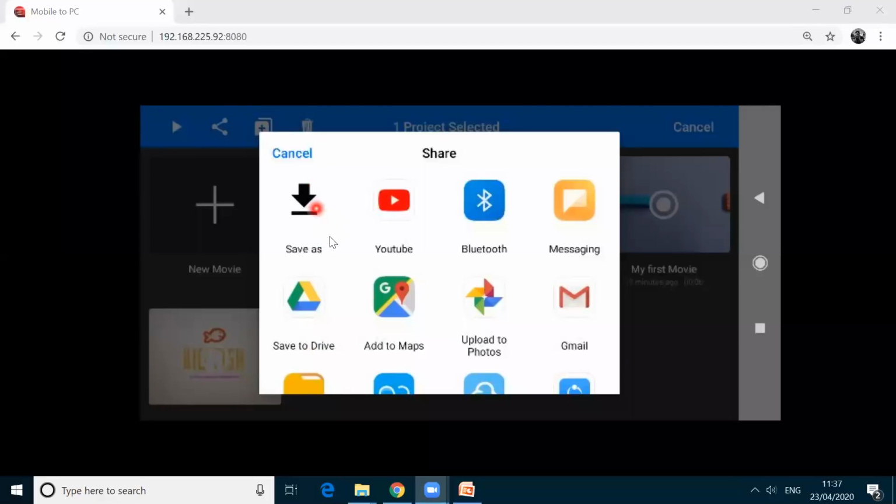These two options are good. You can save it in your mobile, and then you can send it to your friends through WhatsApp. Or else you can save it to drive, because you can't send it through email if the size is more than 21 MB. So it's better to save it in the drive, and then you can send it to your friends. The good option is you can take images using your mobile.